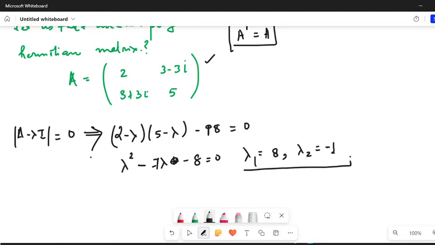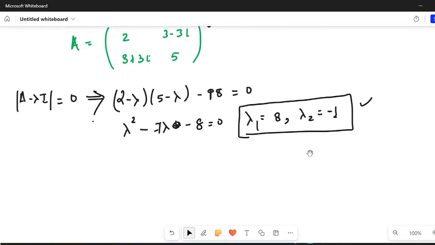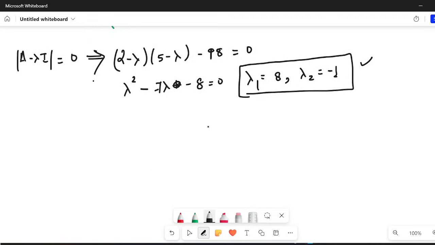So there are two eigenvalues to it. Lambda 1 would be 8 and lambda 2 would be minus 1. Now corresponding to both of them, lambda 1 equal to 8 and lambda 2 equal to minus 1, you can find eigenvectors. So what would be the eigenvectors? Let us see. Let us say x1 is the eigenvector corresponding to this. So what I will get,